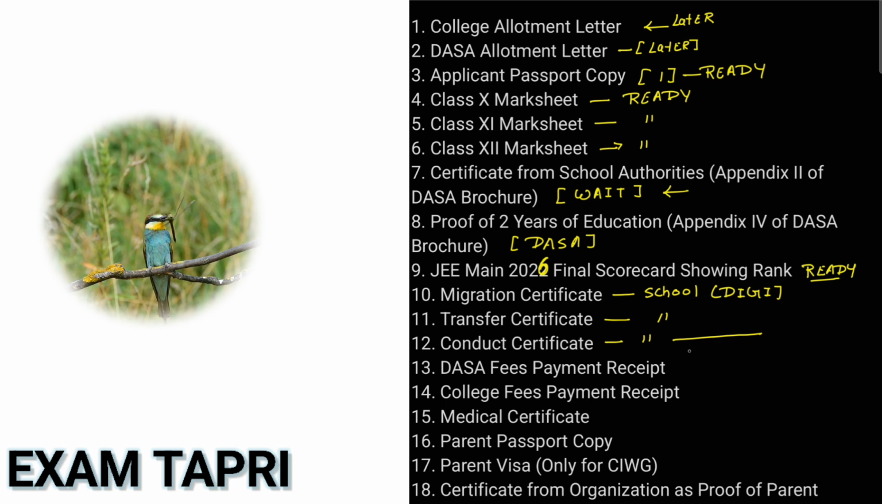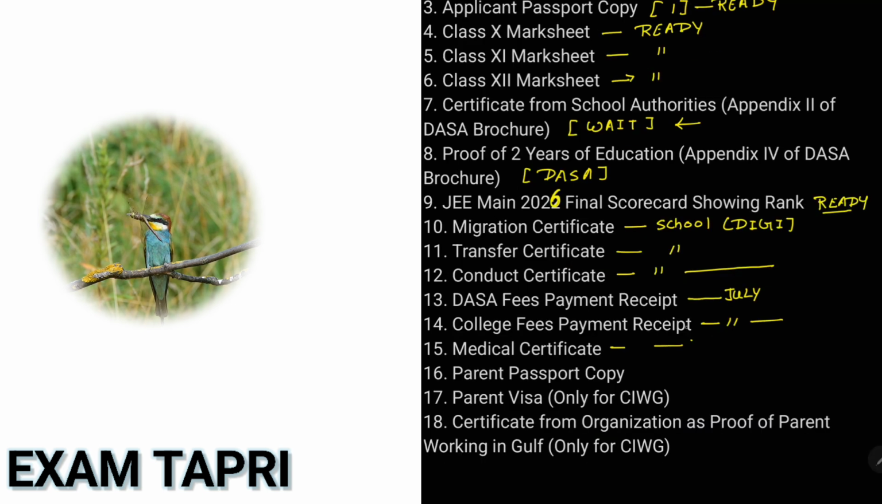Now, DASA fee payment received. Once the portal opens in the month of July, you will have this as well, along with the college fee receipt. Once you pay the first installment, which you must have paid while doing the registration of DASA, this receipt also should be there. Medical certificate also should be there. Don't go for the medical right now. You can go by the end of